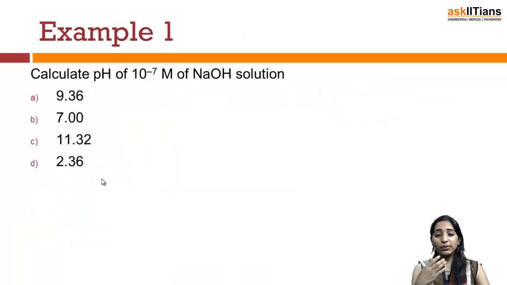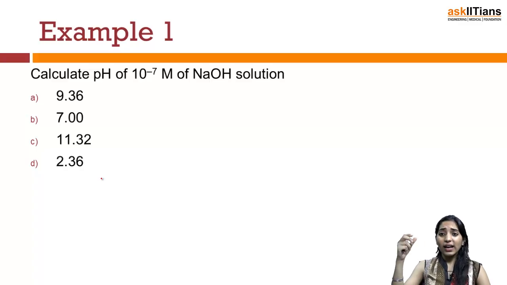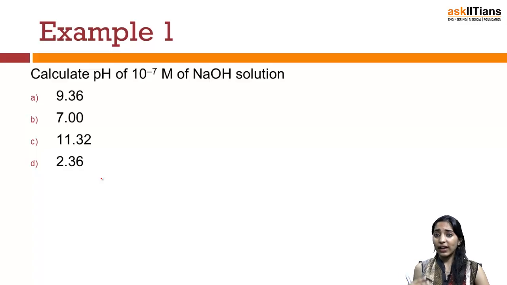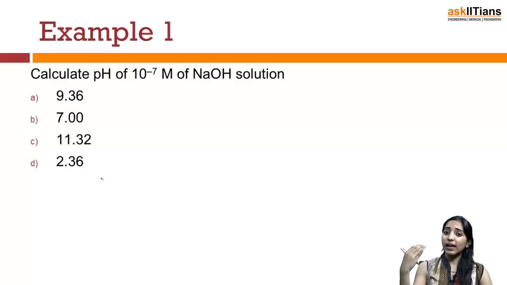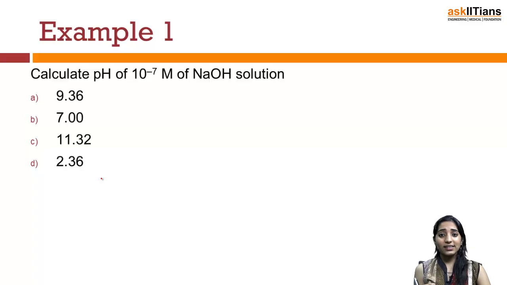There were so many acids. For every acid, the concentration of H positive when dissolved in water was calculated, so we had a table of the concentration of H positive for each acid. Once we had that, we took the minus log of the concentration of H positive for each acid, and thus we had a long table of the pH of individual acids. Let's do a number of questions so that whatever we started in these last few slides becomes easier and clearer to us.